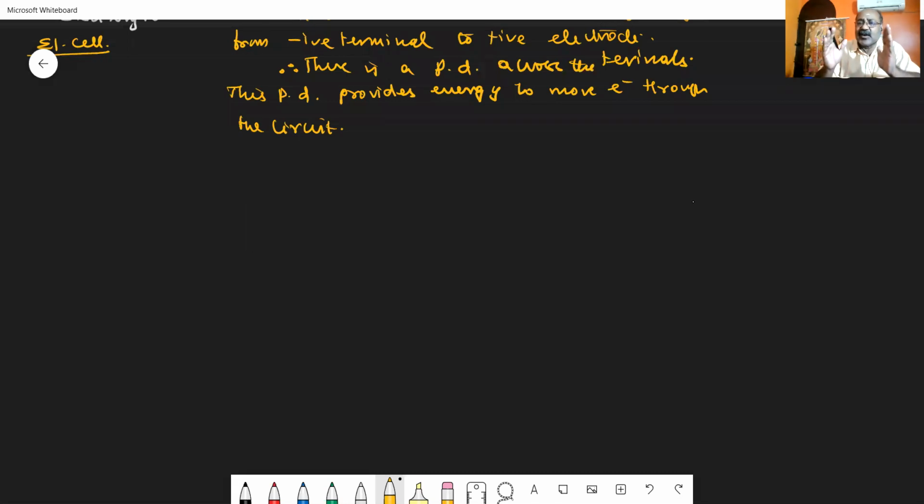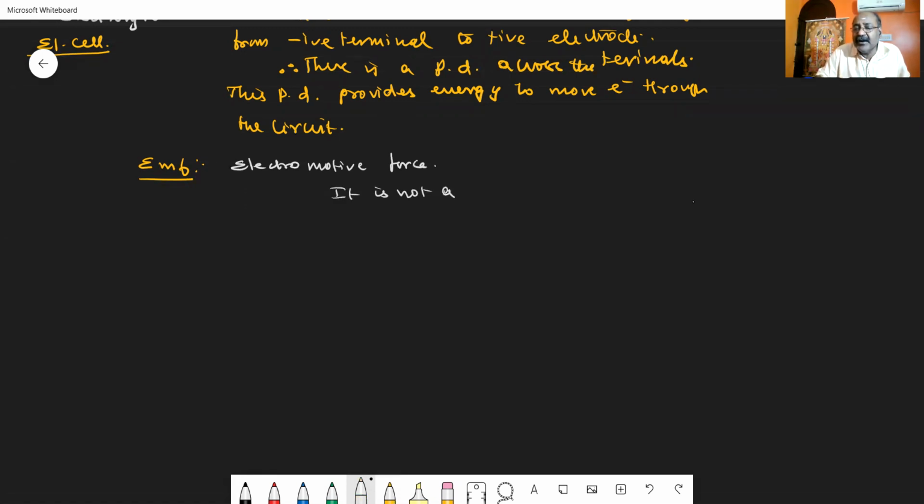The potential difference across the terminals of the cell, we call it EMF. So you are going to come across a term called EMF. What is meant by this EMF? EMF stands for electromotive force. Though it is named electromotive force, it is not a force, but it is the work done in moving an electron